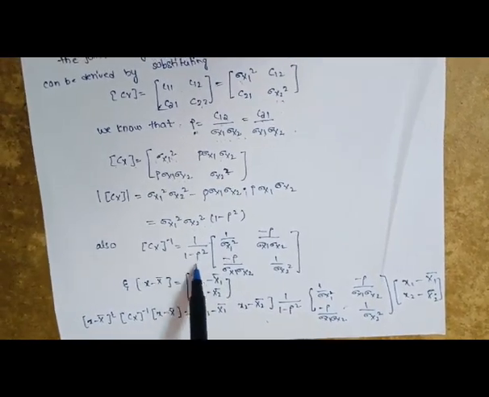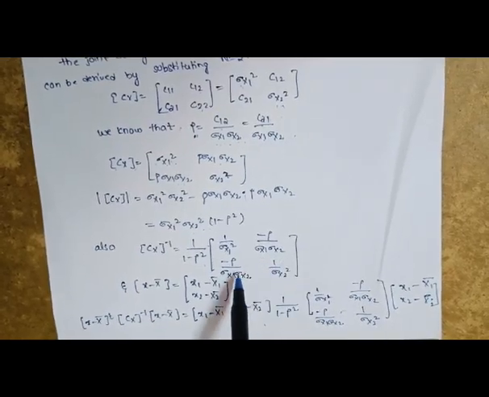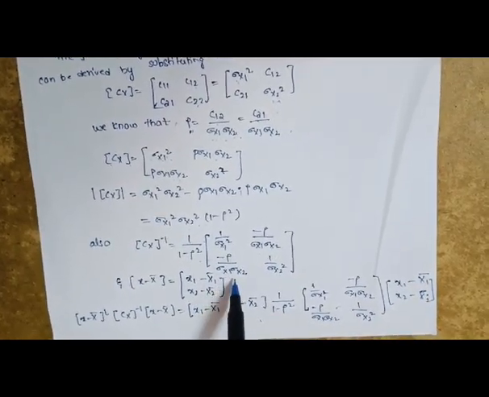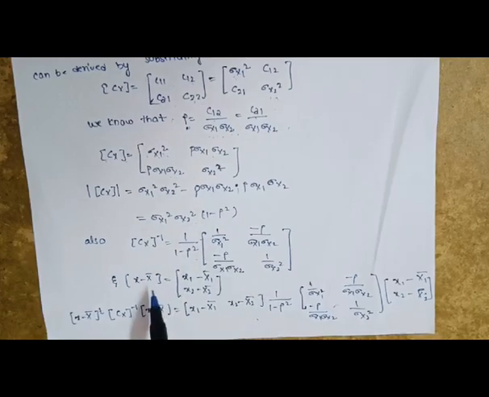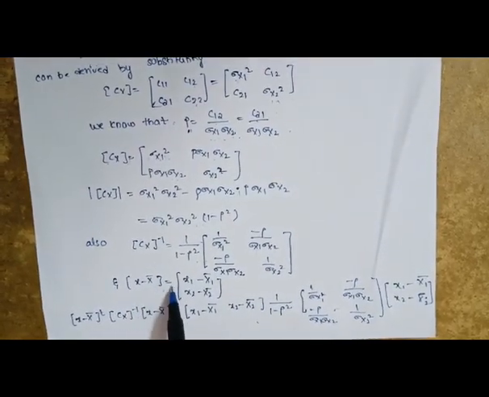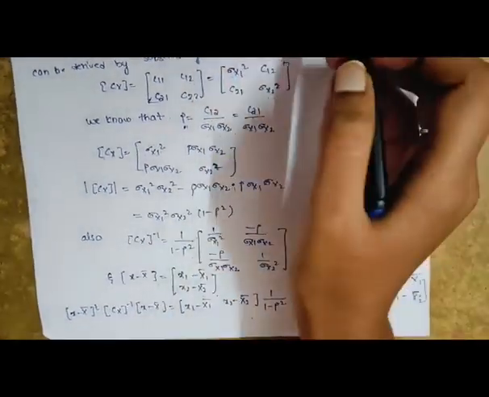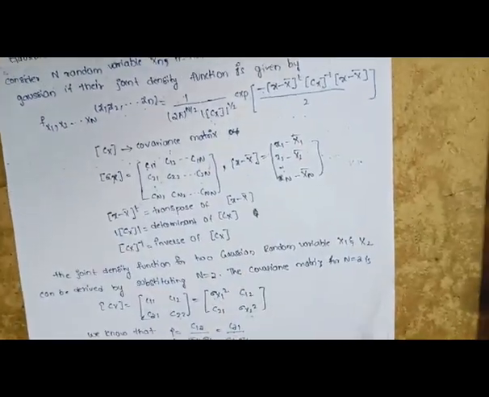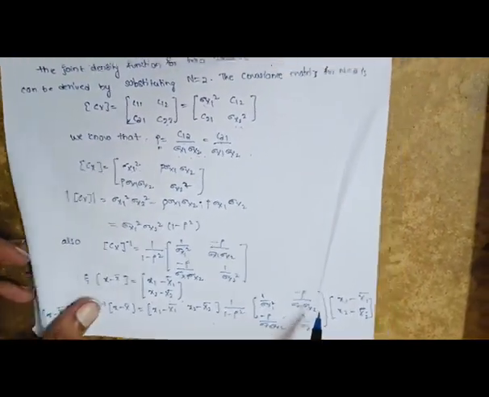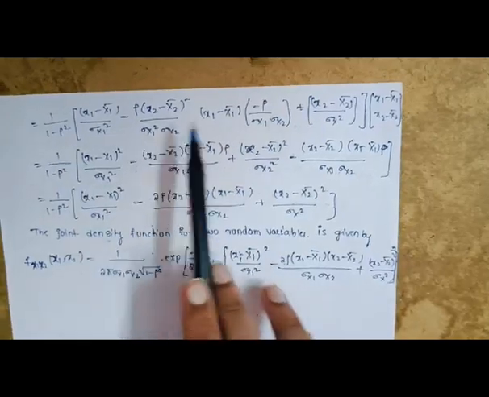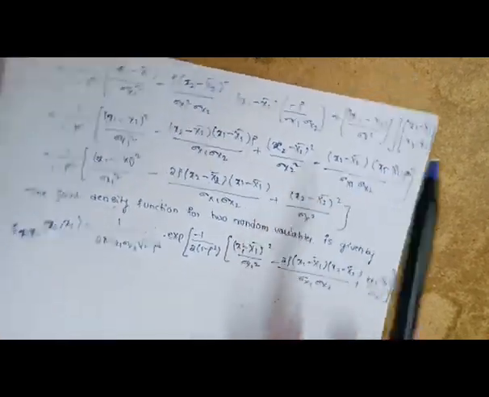The value is equal to 1 by 1 minus rho square into 1 by sigma x1 square, minus rho by sigma x1 into sigma x2, minus rho by sigma x1 sigma x2, and 1 by sigma x2 square. And by substituting n equal to 2 in the vector matrix, x minus x bar is equal to x1 minus x1 bar, x2 minus x2 bar. And here by substituting these values in this equation, we will get this equation. By multiplying the equations, we will get this equation, and substituting this value in